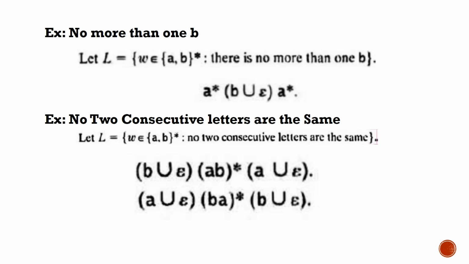Right. Then the next one, no two consecutive letters are the same. What is the meaning of this one? I can't have AA or BB. I can have BA, and AB is possible. So how will it look? AB, AB, AB, we can have the sequence. In the beginning, I can have a B, maybe having, maybe not having. In the ending, after B, I can have an A. After B, I can have an A. Then the reverse is also possible. BA repetition I will keep. In the beginning, A may be optional. At the end, after A, B may be optional. Even this is also possible.